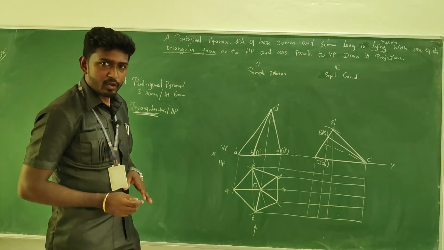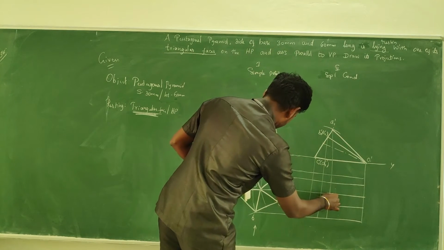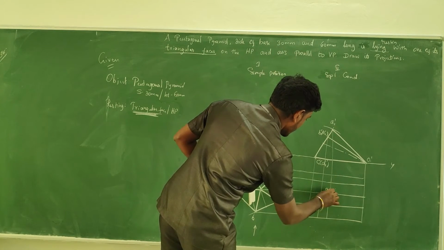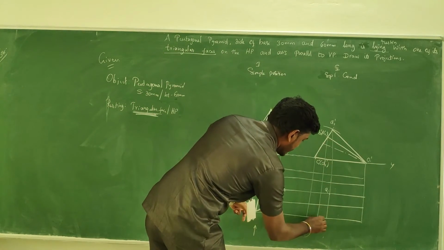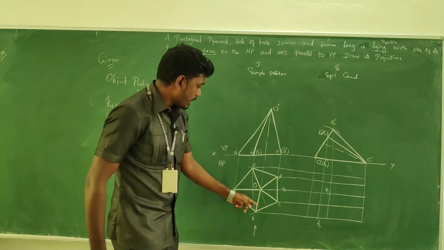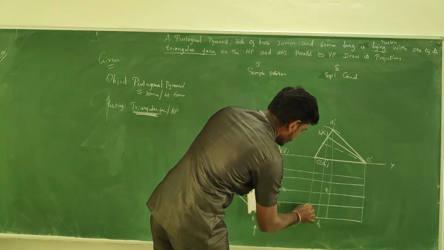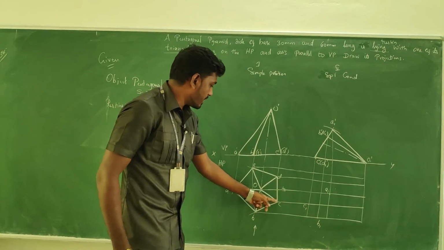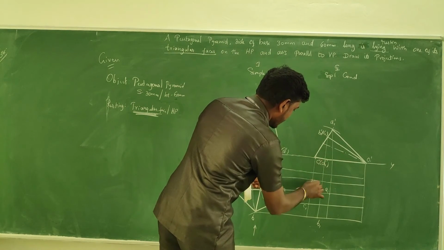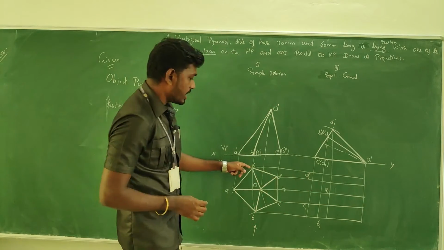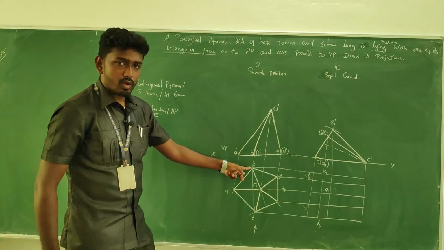Okay. Now it's a mapping work. So here is the horizontal A and here is the vertical A. It is meeting at this particular point. So this would be your A1. Where is B? Horizontal, B vertical. So this is B1. And where is C? Here is the horizontal and vertical. So this would be C1. Where is D? Here it is. Vertical is coming here. So D1. Where is E? Horizontal, vertical. It is meeting at this. So E1.